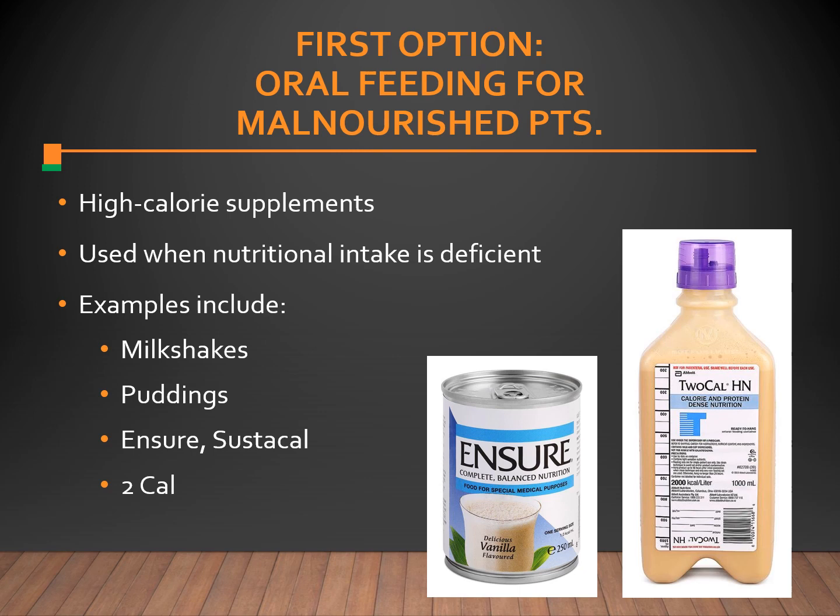There are many high caloric supplements that we can first offer patients. The first step that we always do is we try to get patients to take things orally. You don't want to just jump to the IV stuff unless you have severe malnutrition. You want to start orally because it's the conservative way to start. You want to encourage clients to increase overall intakes of calories, but not just empty calories. You want proteins, vitamins, minerals. You really don't want to just have them push to eat whatever they want.